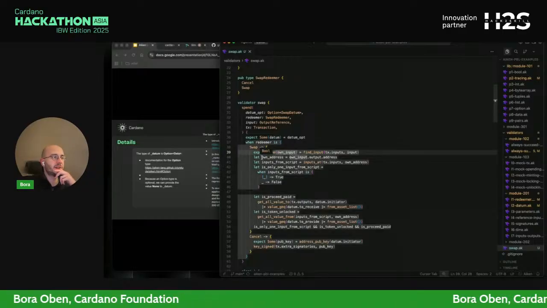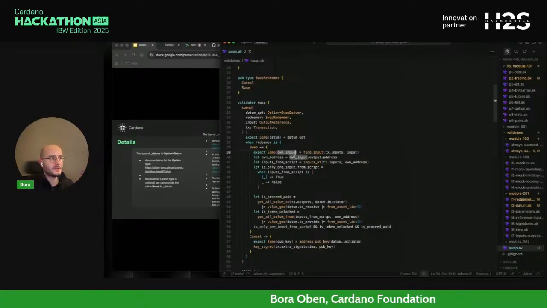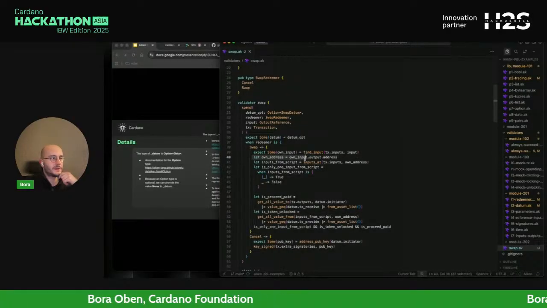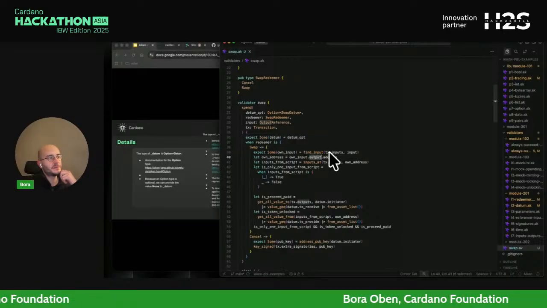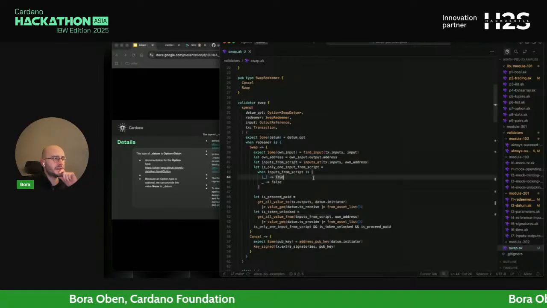Then we are defining an own address. So this is, if you think about it, the address of the smart contract. The own input's output, and from that output we are getting to the address. We are defining all these things here.